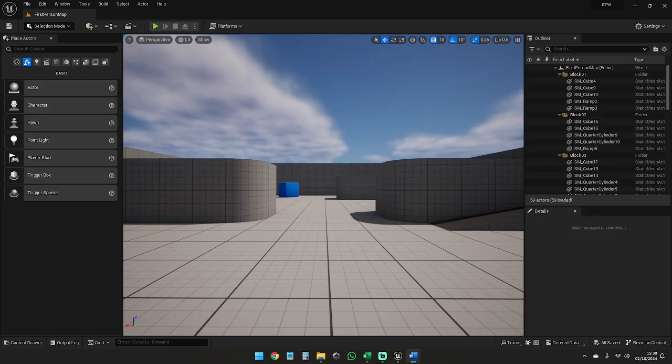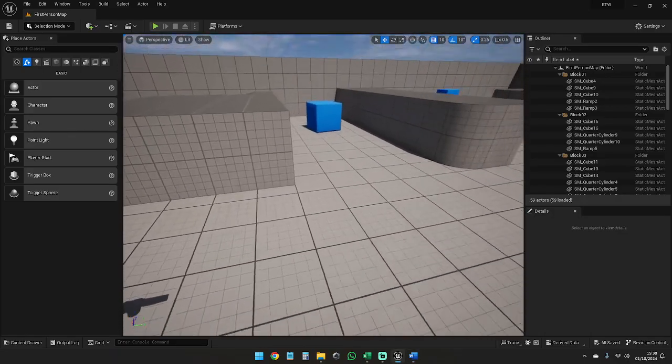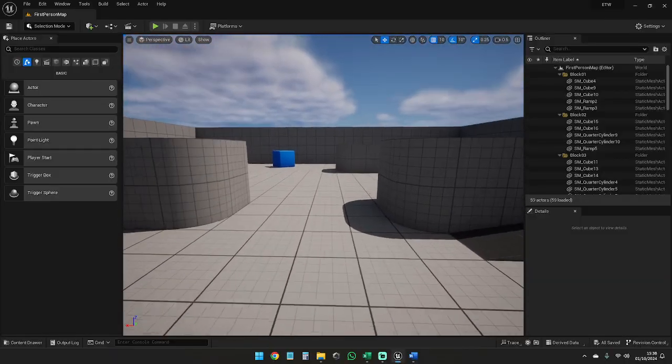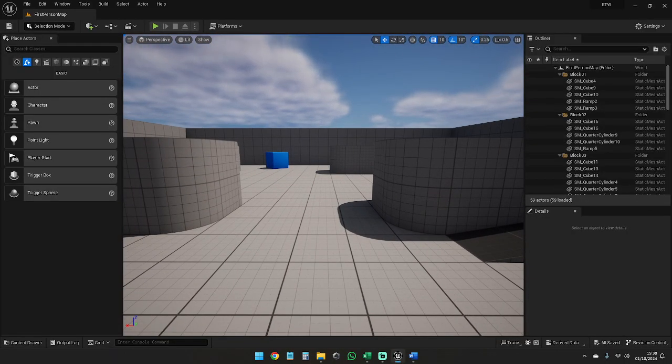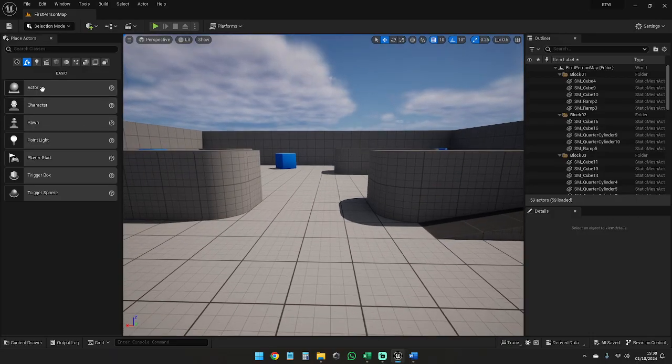So what we're going to do, we've got our template here. This is the first person template, and then we're going to place an actor. So from the place actors up here,